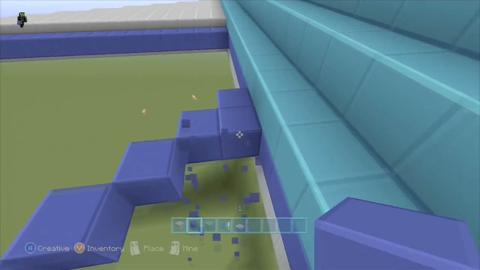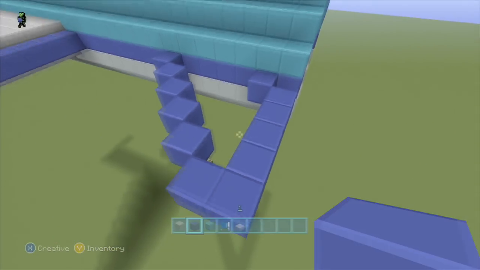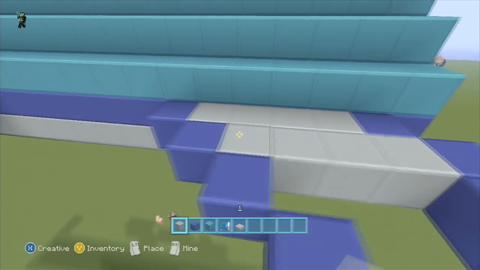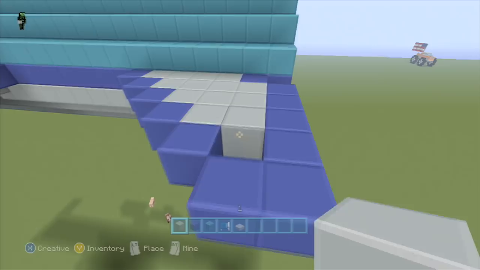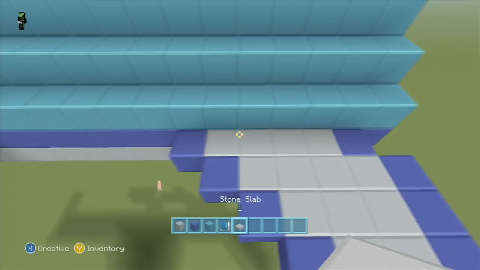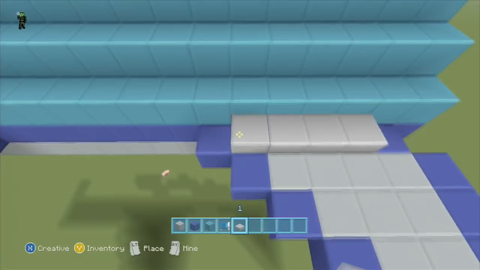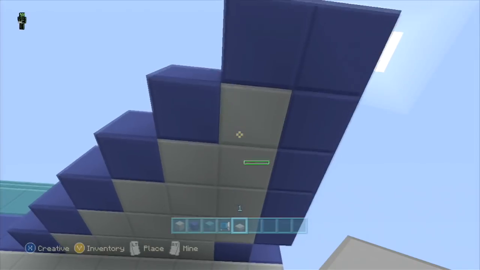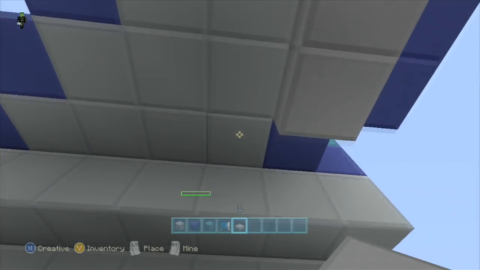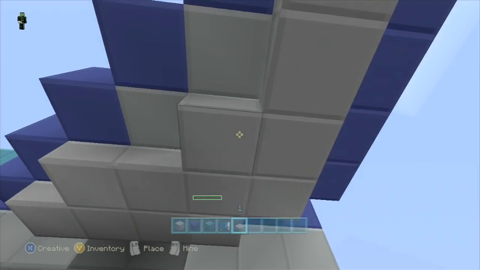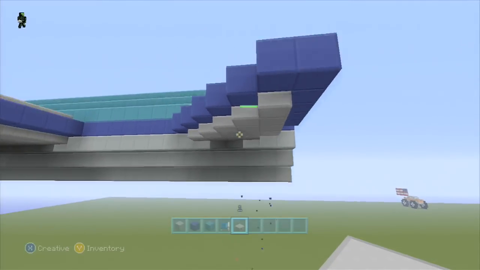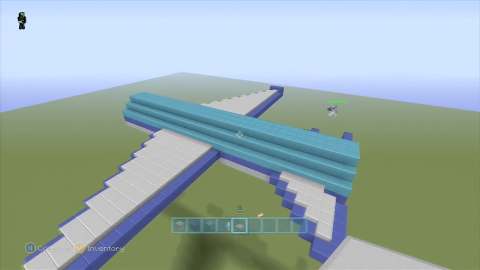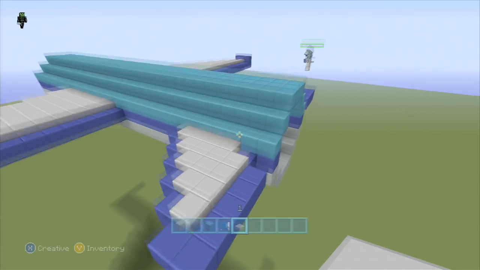Go back and knock out the blue there. Connect it. So basically you just want it around the edge, and then fill in the same with the light gray wool like we did before. Right there, and then just come on and put the slabs on the top and the bottom here. Should look a lot like that when we're at this point. You know, of course you're duplicating on both sides, obviously. Poet's taking care of the other side right now.